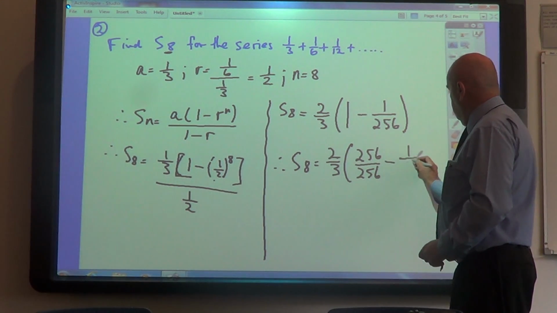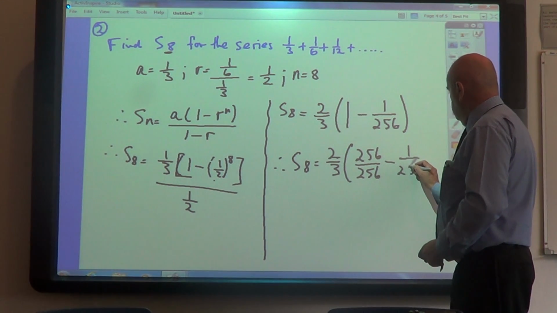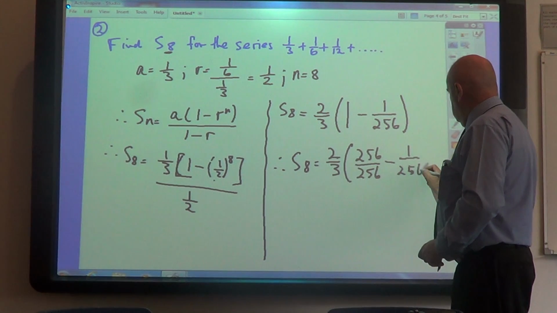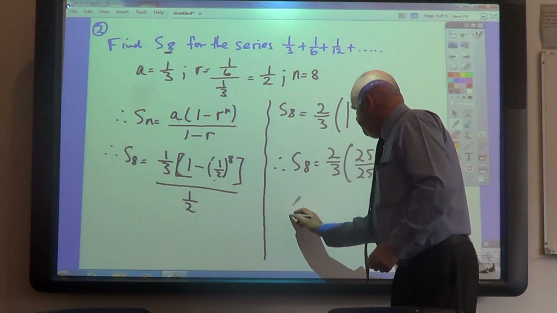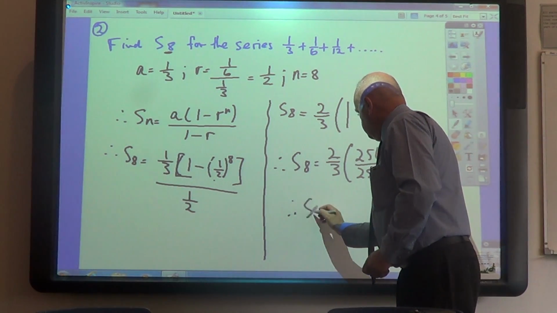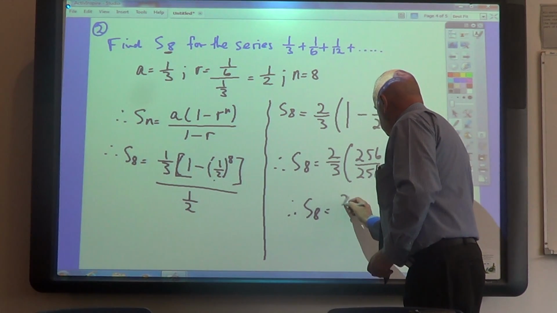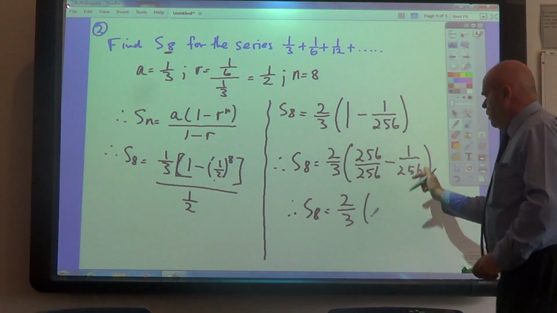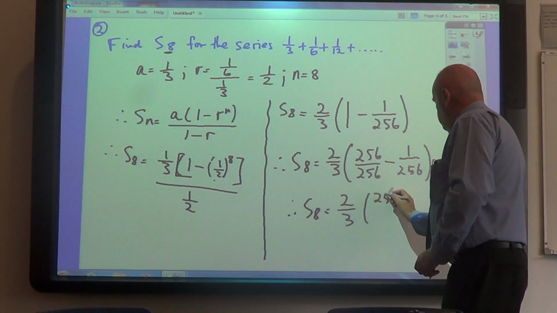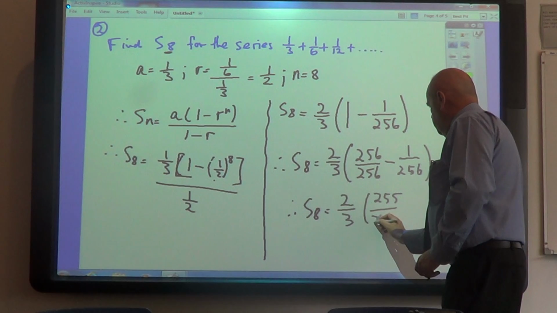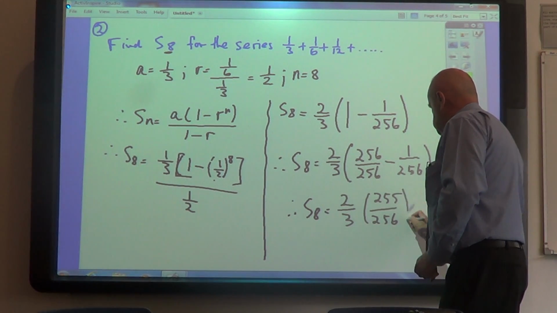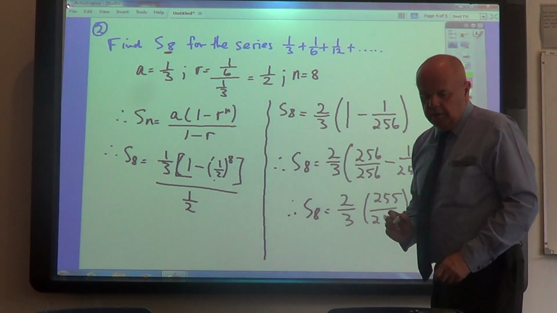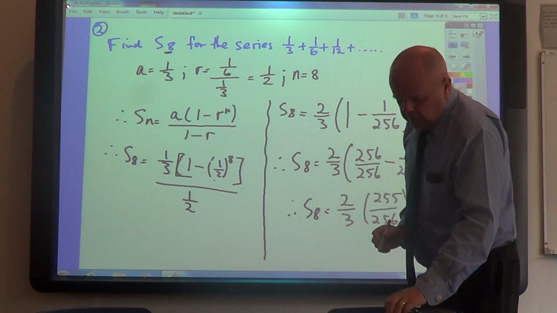Okay, so 1 on 256. Okay, and so S8 will equal 2/3. Same denominator, I can just do this: 255 over 256. And I think your answer is going to come to 85